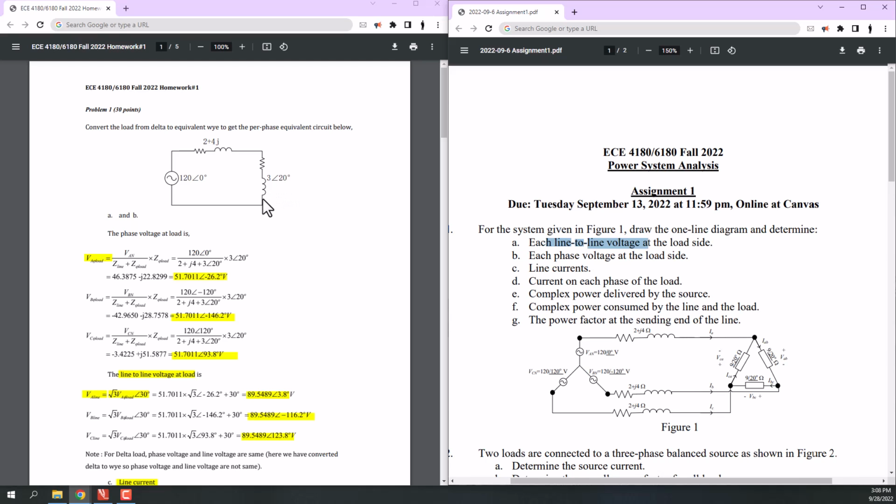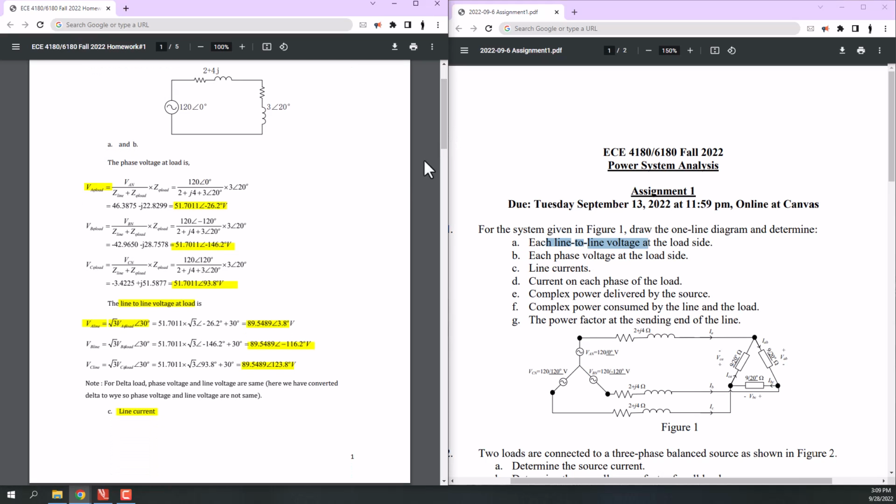So the voltage that we have obtained here is actually for Y connection, not delta connection. So if you want to find the phase voltage at the load side, you need to convert that phase voltage to line voltage, or